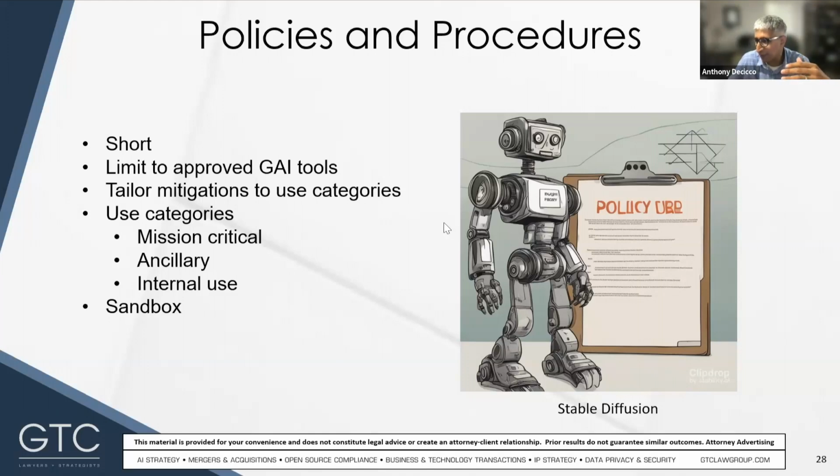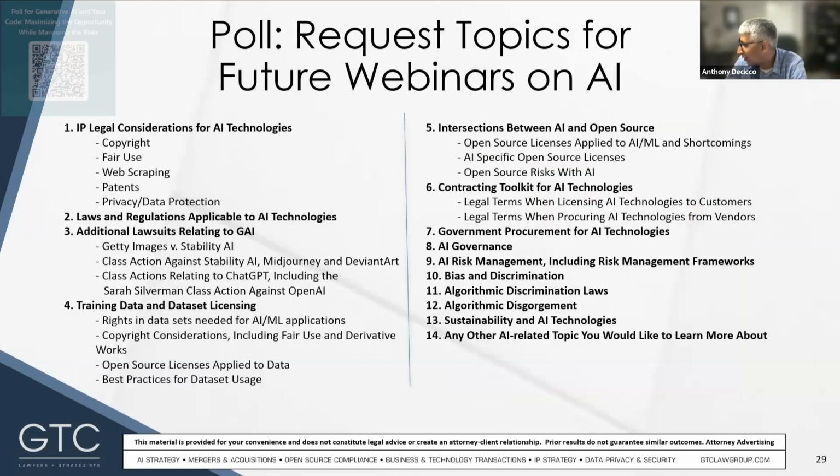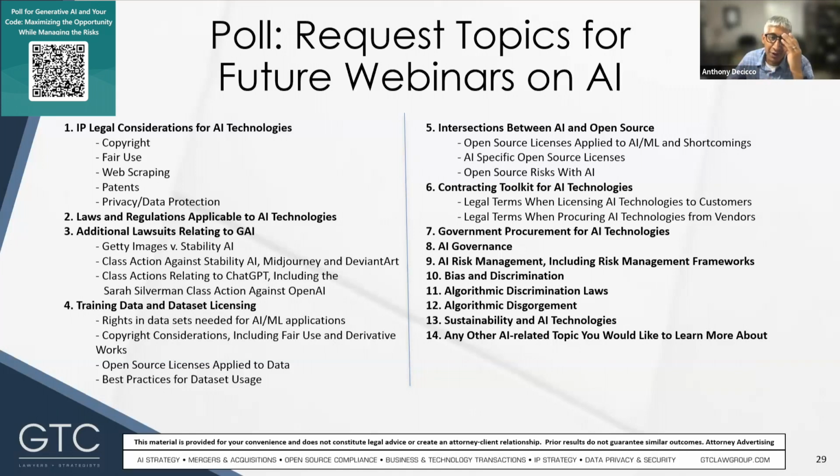We're going to open it up for questions in a minute, but first we're going to jump to the poll here, and I'll talk about it for a minute and then we'll put it up. The idea here is these are future webinar topics we're happy to come back and cover. They range from a deeper dive on the legal considerations. We haven't really talked about fair use, which I think is going to be the defense to a lot of this. We haven't really dove in on web scraping. There's a lot of laws and regulations out there, especially in the EU, applicable to AI tech. There's also other lawsuits, like I mentioned, not just the one on Copilot.